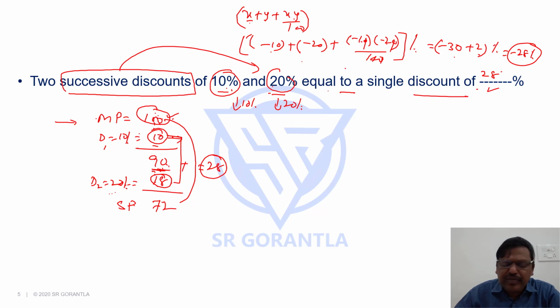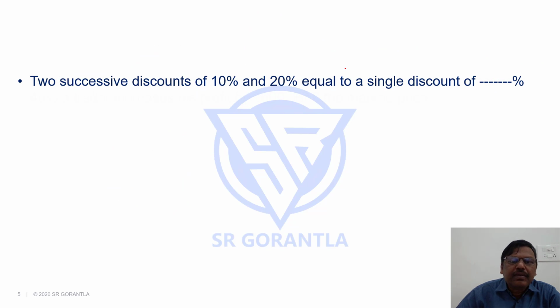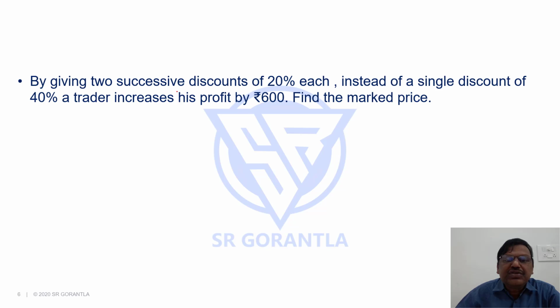Okay, let's take one more example. By giving two successive discounts of 20% each instead of a single discount of 40%, a trader increases profit by 600. Find the market price. We'll see. Suppose there are two successive discounts of 20%, what is it equal to as a single discount? As I just said, using the formula, minus 20,